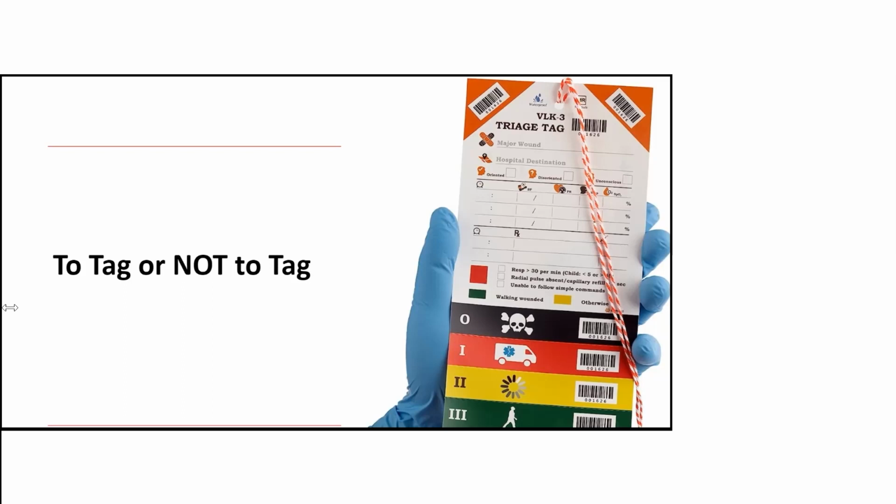If transport is immediately available for all these patients, then there's actually no benefit of tagging a patient. Because remember, the objective of prioritizing patients or putting triage tags is largely to make sure that you also prioritize their transportation out of the scene. But if you have 10 patients and you have 10 ambulances, then why are you putting tags? Just put everyone in an ambulance and send them to the hospital. Okay. So triage tags may have the greatest benefits in situations where transport is delayed, and in which case